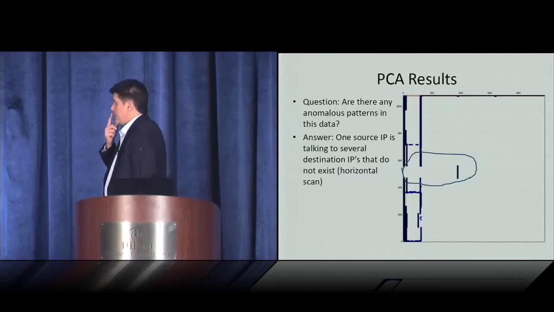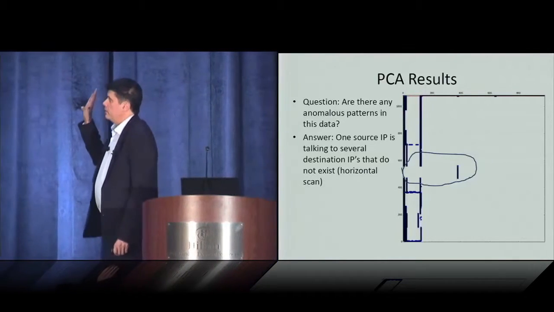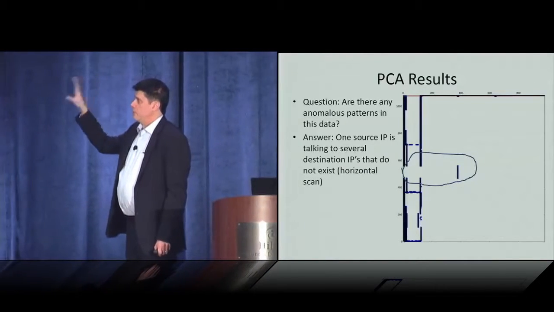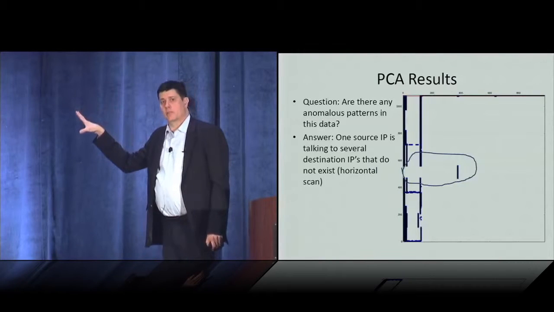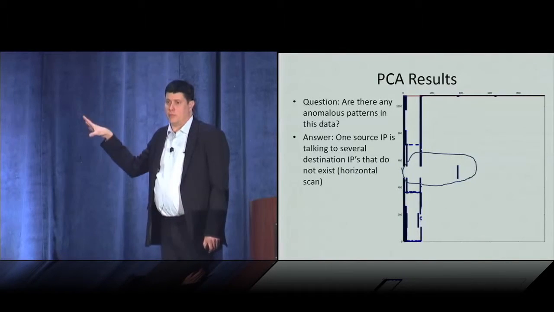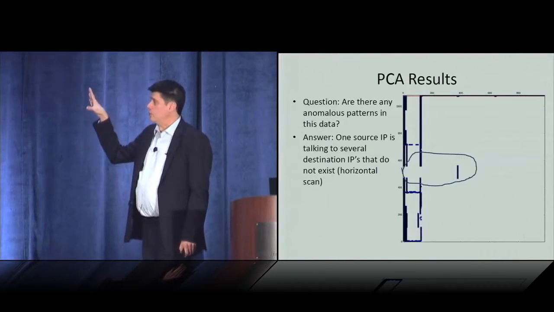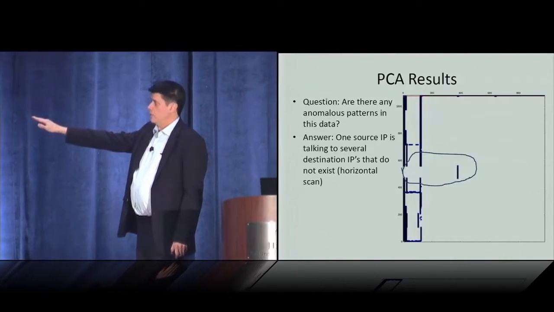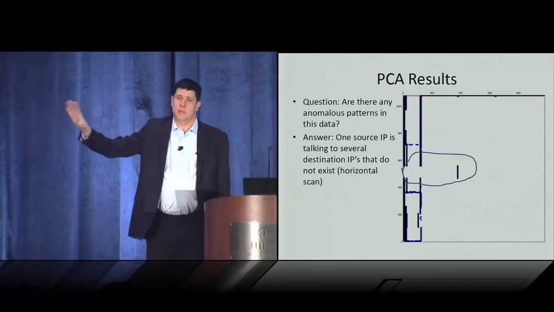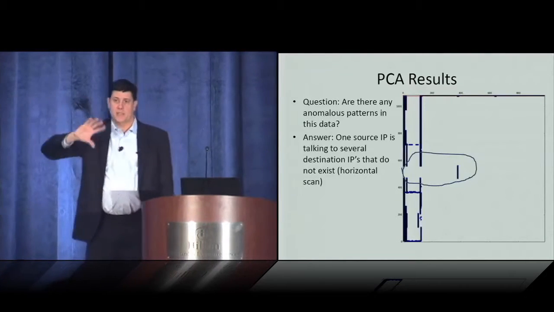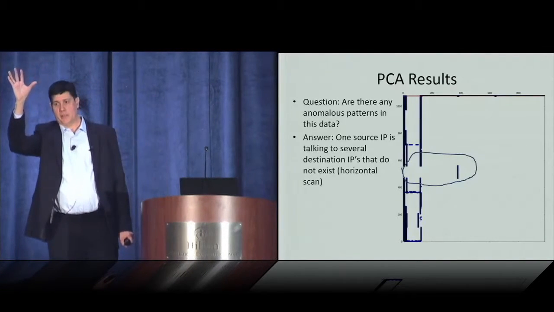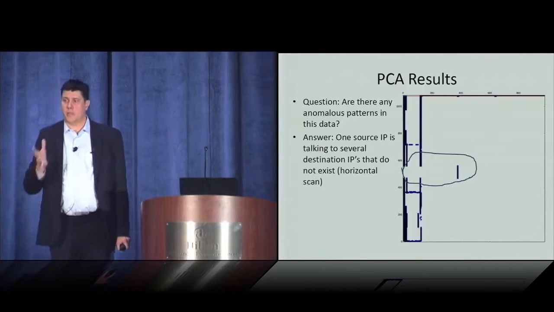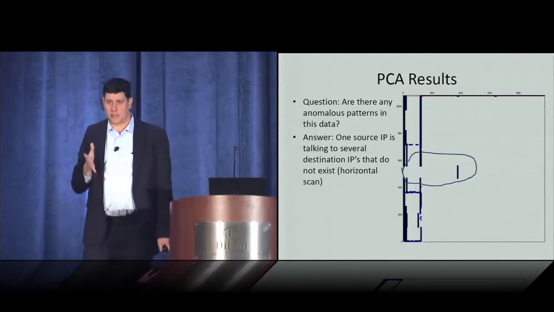So one example of the PCA results is that you get back these big matrices of numbers, which are not so helpful, right? So one of the things that we did is we played with creating a communication matrix, with all the source IPs on one axis and all the destination IPs on another. And that's part of the way to understand where the numbers lie, et cetera.